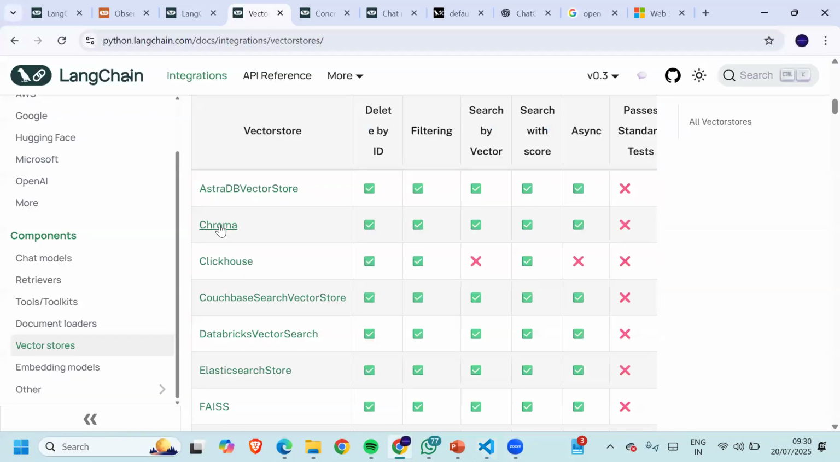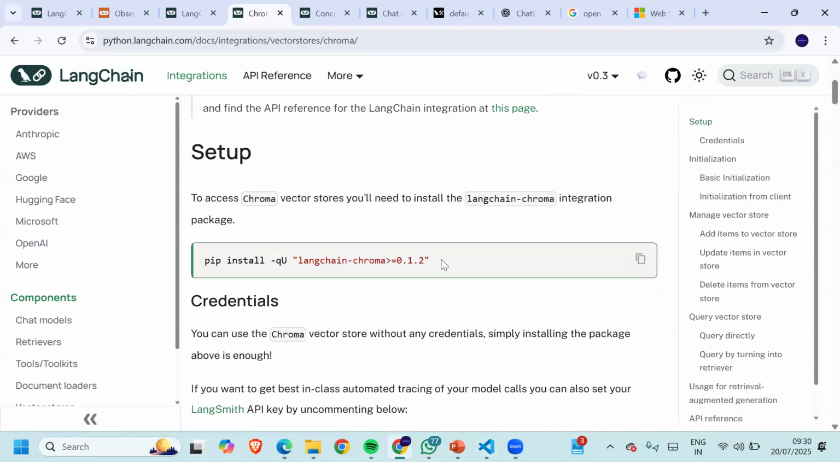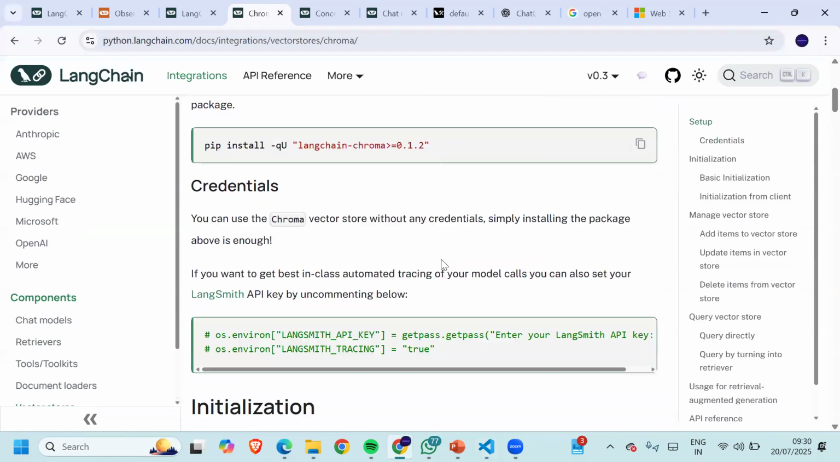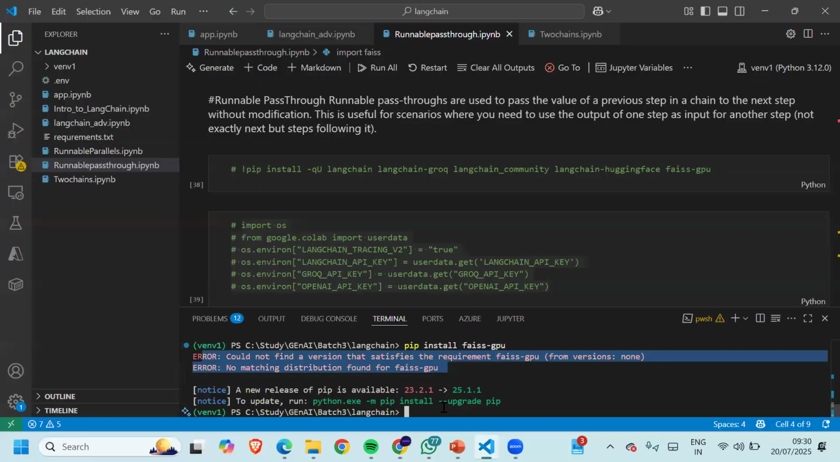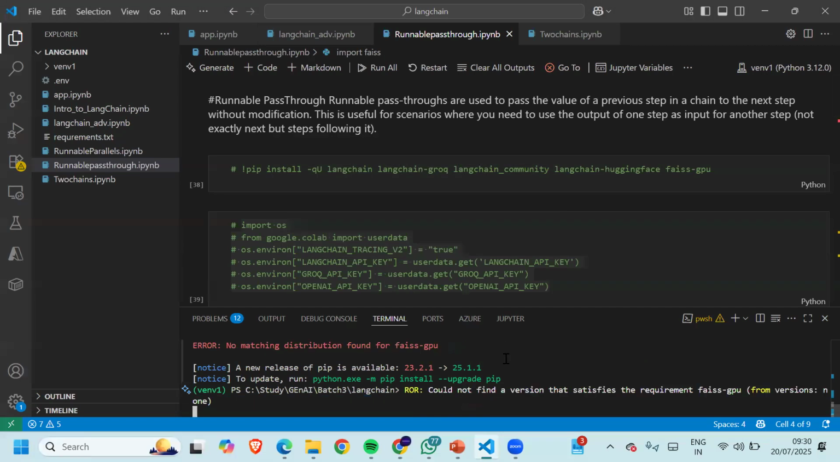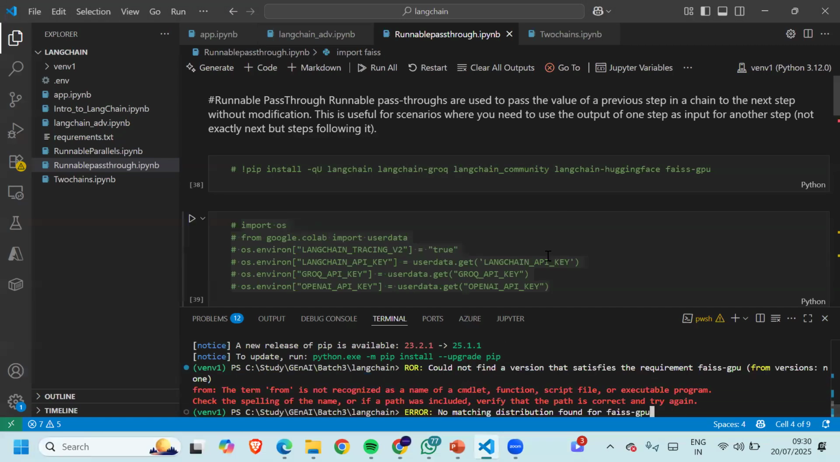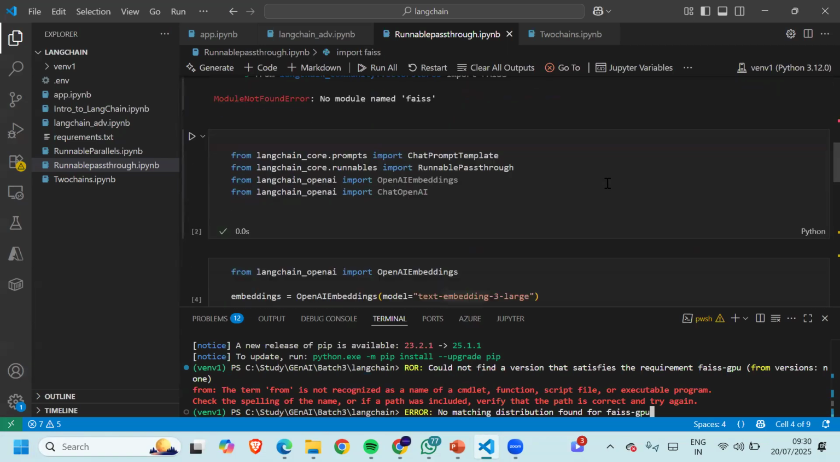We can try Chroma as well. Langchain Chroma. Let's try this real fast. Leave it, it will take some time. Anyway, so what I'm trying to explain to you is,